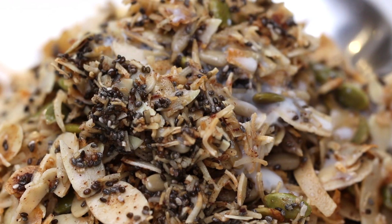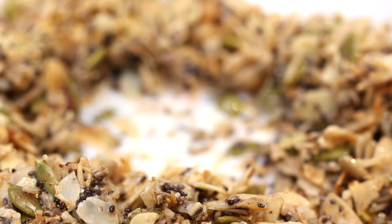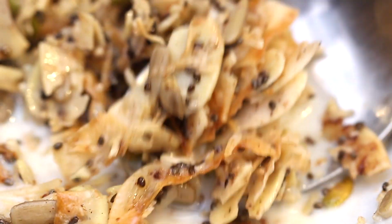If you're wanting something different for breakfast, which is low carb, keto friendly, sugar and gluten free, then this recipe